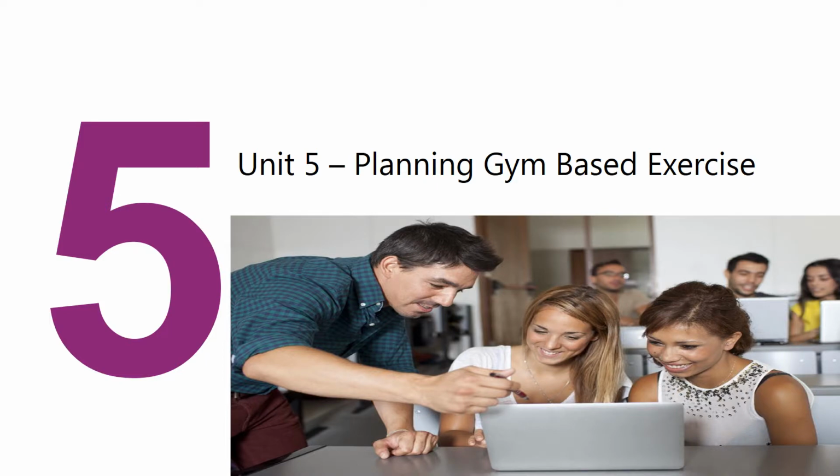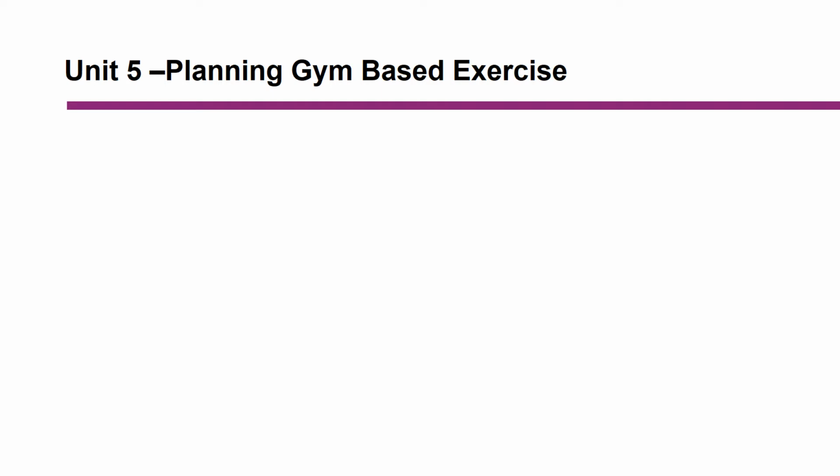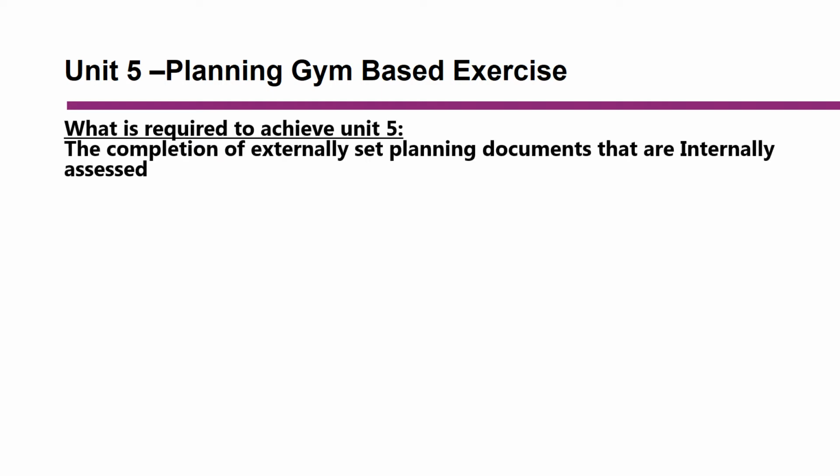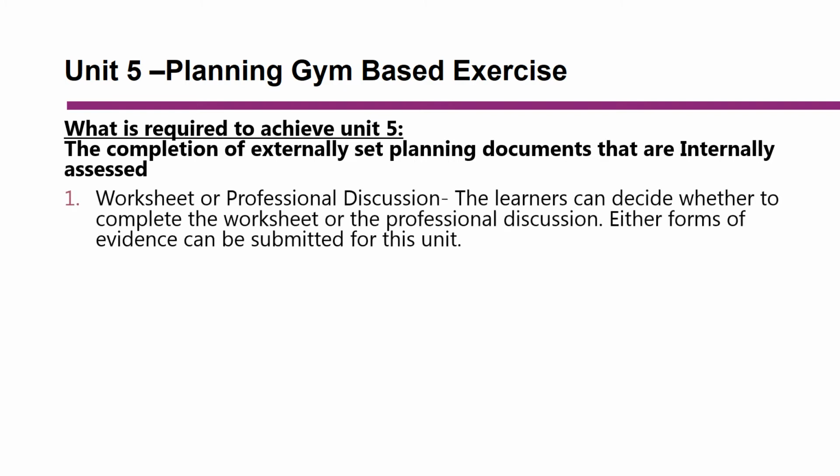Okay, so let's look at Unit 5, Planning Gym-Based Exercise. What is required to achieve Unit 5? Unit 5 is achieved via the completion of externally set planning documents that are internally assessed by the centre. There are 4 main sections and requirements for Unit 5. There's a worksheet or a professional discussion, and the learners can decide whether to complete the worksheet or the professional discussion. Either form of evidence could be submitted for this unit, and you will find pro formas within the learner